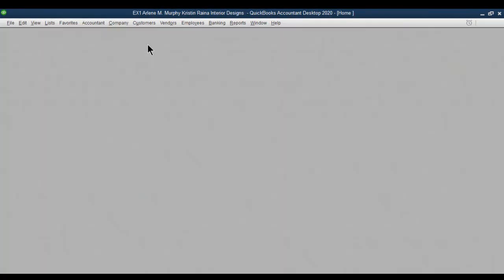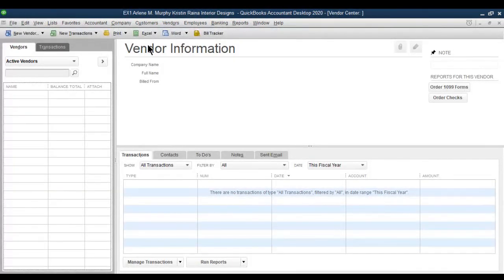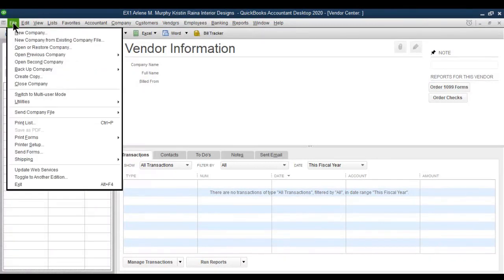I'm going to go into vendors. Okay. And I didn't do this on purpose, but this is really a good example for everybody. What I did, if you look up here, when I opened my company, I opened EX1, Chapter 1, not Chapter 2. So my vendors, when you open Chapter 2, the file, the vendors are already populated. It's obviously not here. So I'm going to have to go in